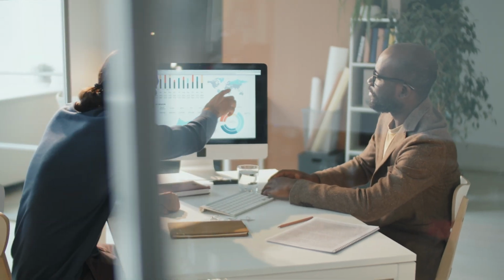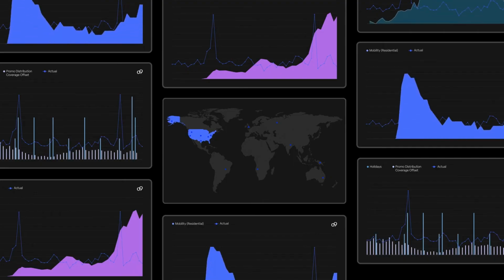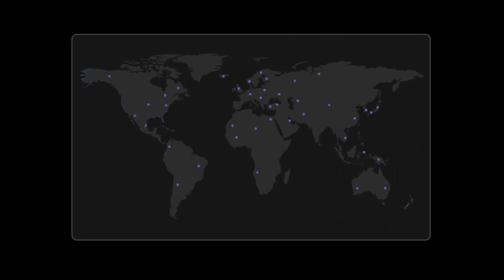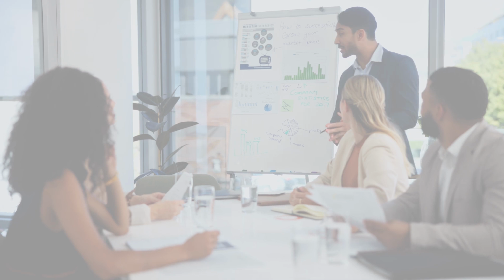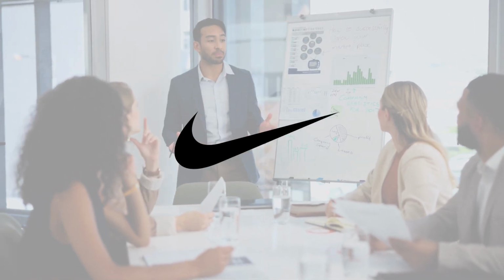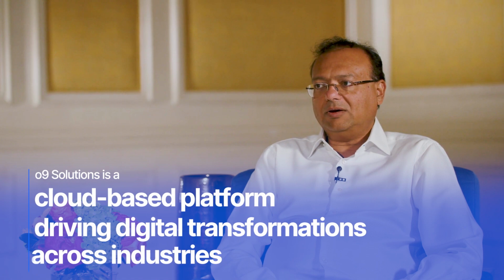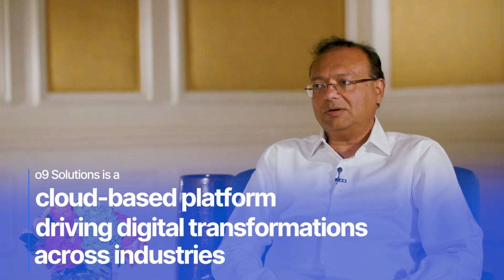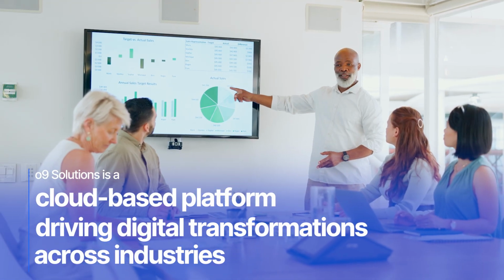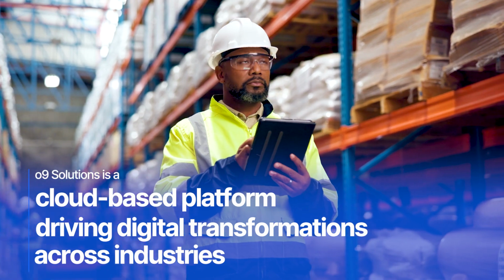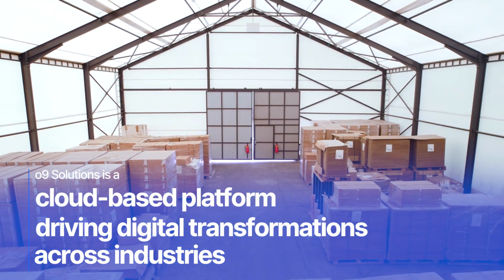O9 Solutions is a premier company focused completely on supply chain management, planning, and optimization software. So we have a very quickly growing customer base. We have about 200-odd global, huge customers: AT&T, T-Mobile, Nike, New Balance, Starbucks. All of these are our customers, and all of them use our products to figure out what products to make, when to make them, what quantity, where to store, where to ship, where to procure the raw material from.